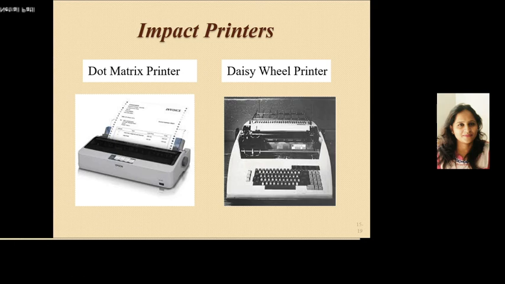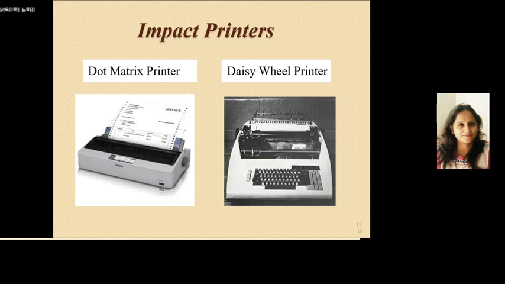A dot matrix printer or impact matrix printer refers to a type of printer with a print head that runs back and forth on the page and prints by impact, striking an ink-soaked cloth ribbon against the paper, much like a typewriter. Okay. The advantages of dot matrix printers are they